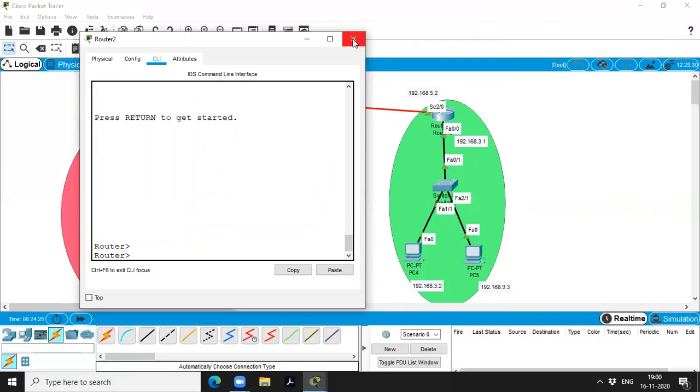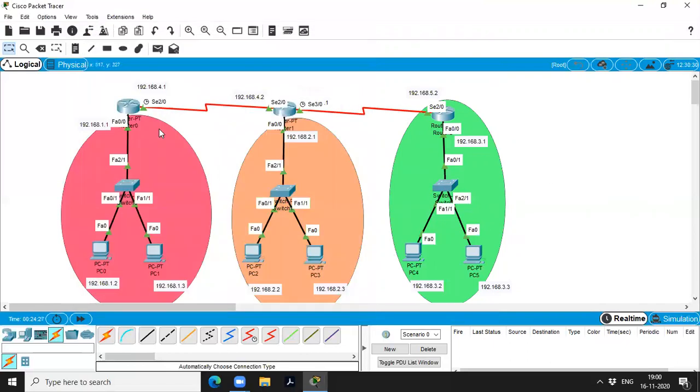Let us check whether it is working or not. If you check from this PC to this PC, it is successful. If you check from here to here, initially it failed. Sorry, check from here to here, this is successful.